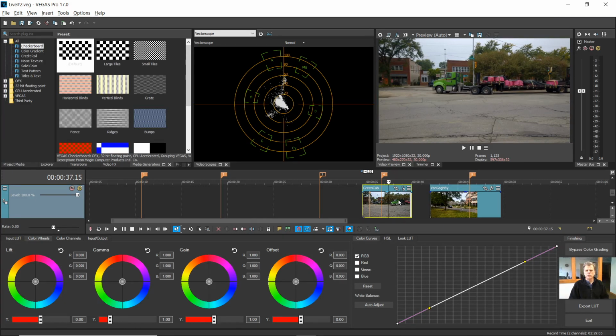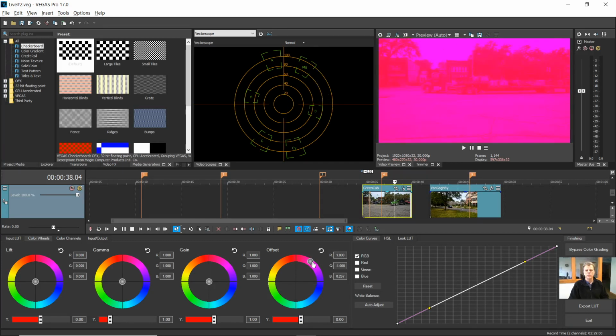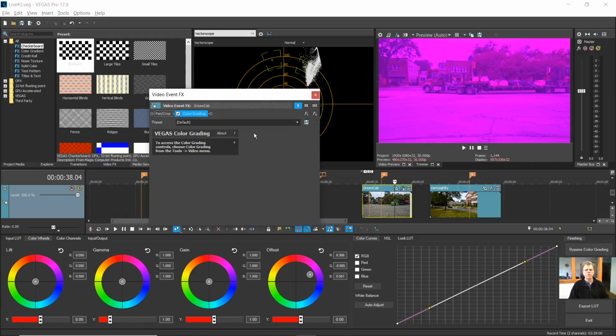So maybe I want to do some color correction to this truck event here. So I've selected it. I have my color grading panel open, and I'll just do something drastic again so you can see the results. Notice that the event now has a lighted button indicating that that event has an effect on it where it didn't before. This shows you that when you do something in the color grading panel, you're actually adding an effect to the event level. If I click on that button, you can see that my color grading plugin is now in my